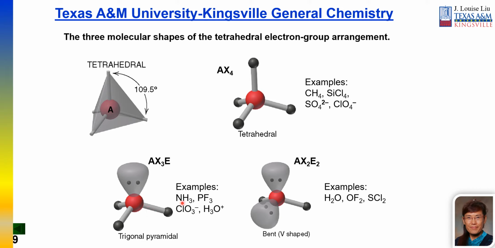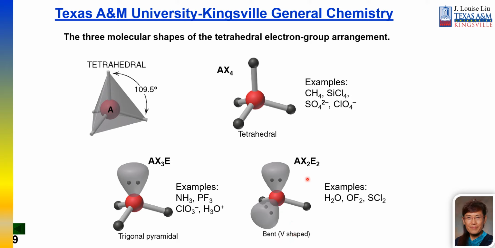Such as if you have NH3, PF3, chlorate, hydronium. So this bond angle, the bond angle between the central element and two surrounding atoms, will be smaller than 109.5. The third molecular structure based on this tetrahedral electron group arrangement can be bent, or V-shaped, or